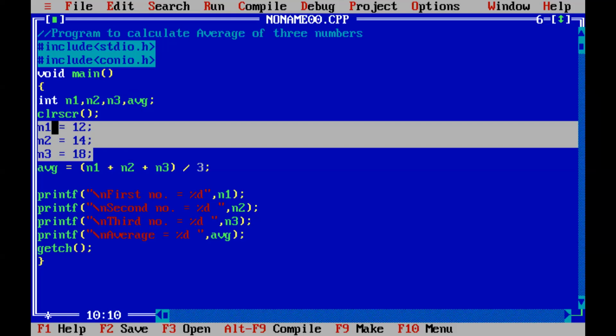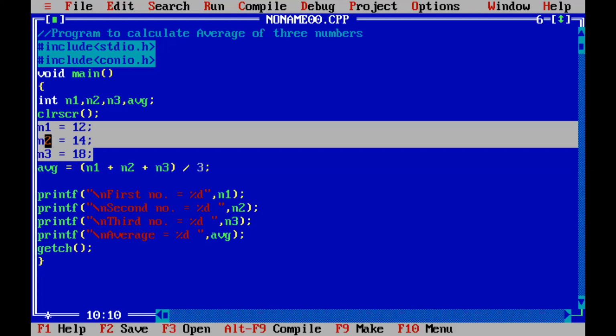The next step is to take input in variables. Okay, so if we have to find average of three numbers, then we need numbers. So these are the three numbers. Okay, so with these three lines, three numbers are now stored inside these three variables n1, n2, and n3.